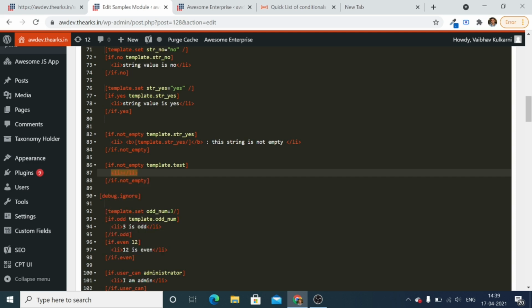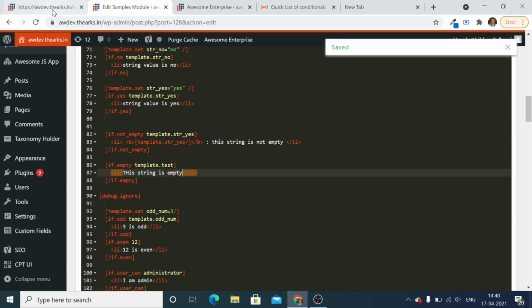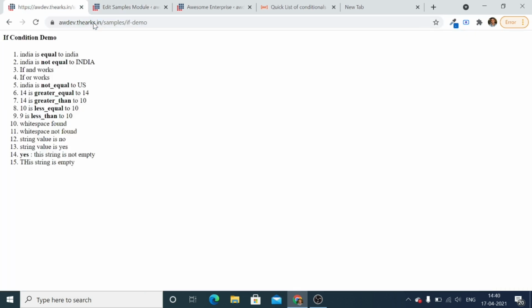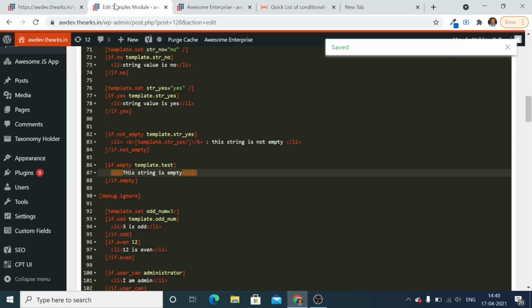We are checking if it is empty, so this string is empty. So this is how we can check the empty string. So this string is empty.